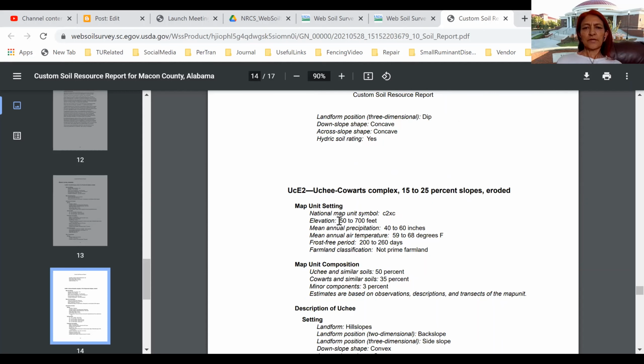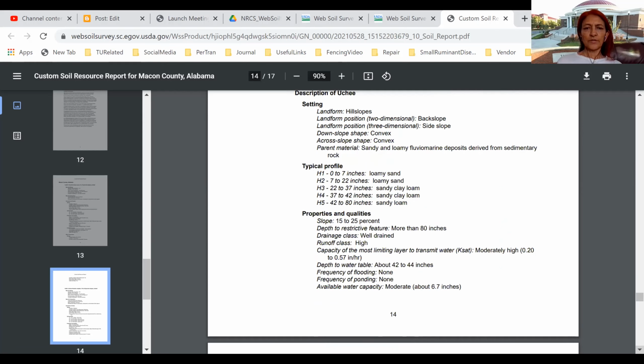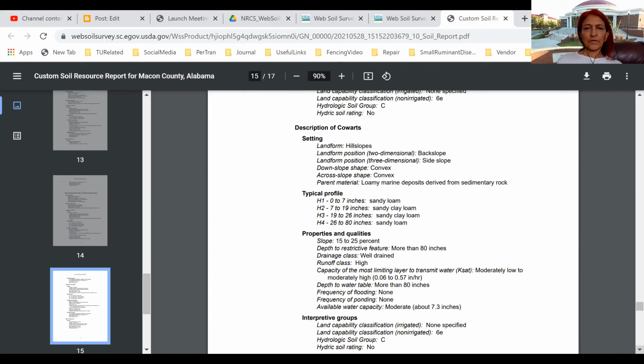And you see there is a national map unit symbol, and elevation 50 to 700 feet above the sea level. Mean annual precipitation again 40 to 60 inches, and mean annual air temperature 59 to 68 degrees Fahrenheit. Frost-free period 200 to 260 days, and all the different information you can see, as seen for the other type of soil earlier. Okay, so it has a lot of